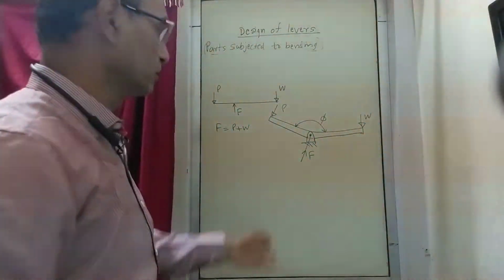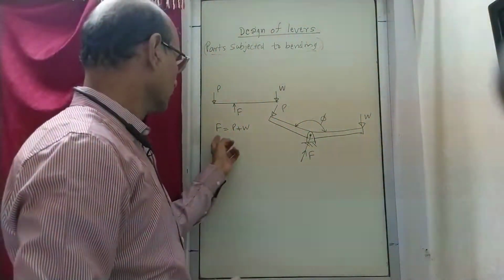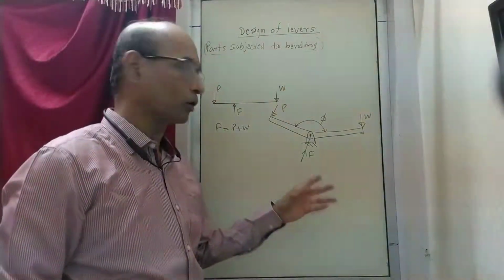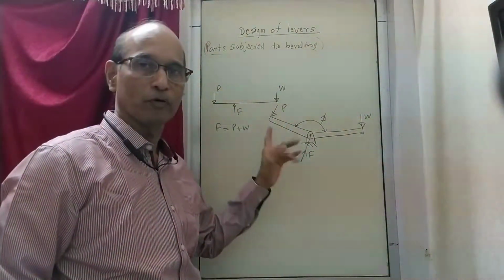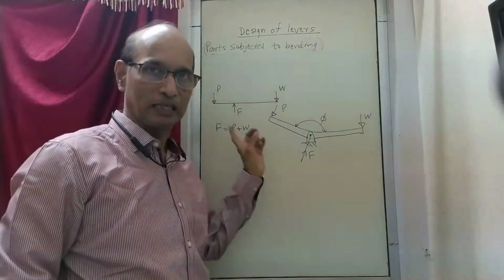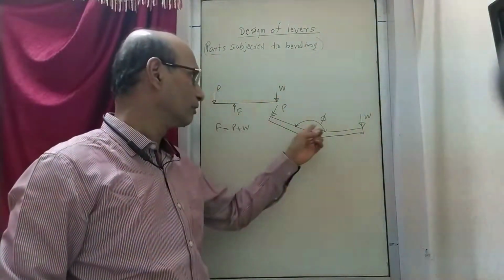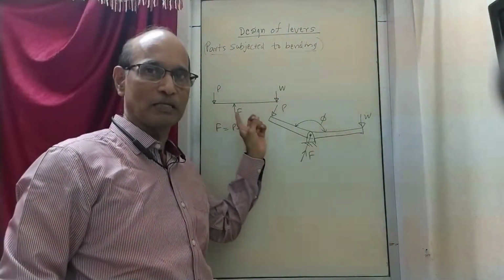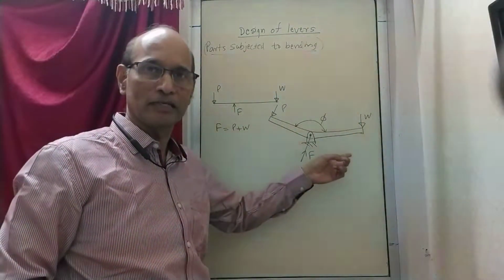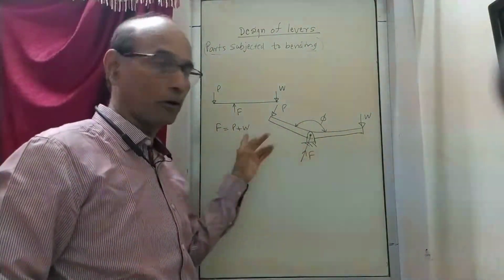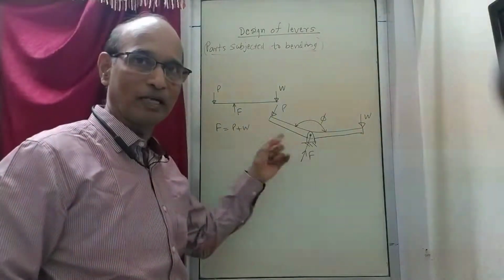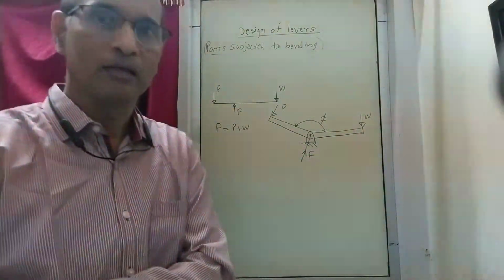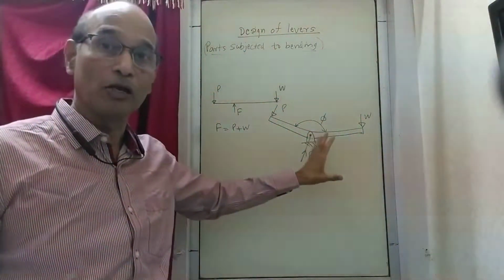Now how do we find out these values? This equation is not directly applicable. You cannot say P plus W is equal to F because the forces are not in a straight line like this. It is a special case when phi is 180 degrees, but that may not always be the case. So we should know the general formula instead of this formula. You must have learned it earlier: the parallelogram of forces.